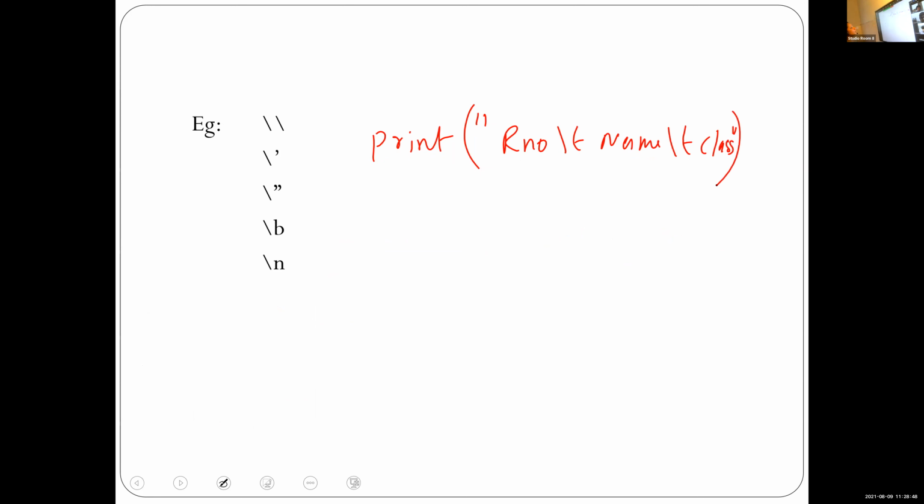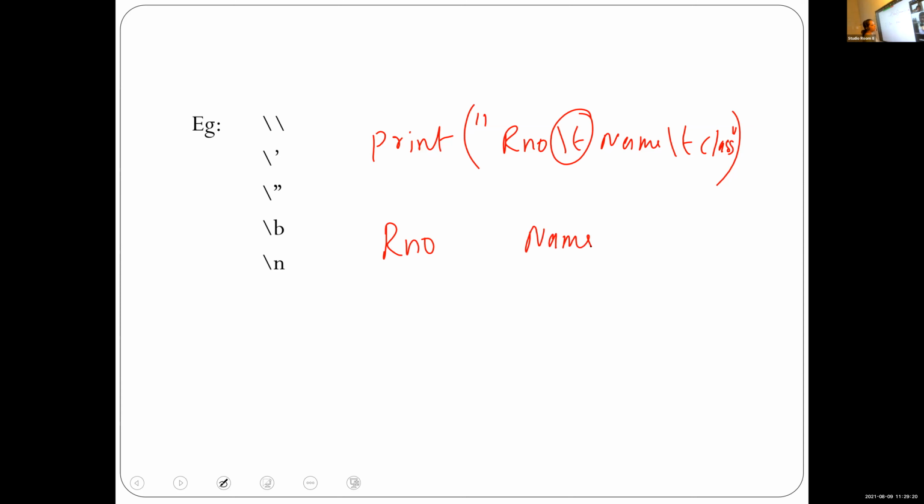This is one example for slash T. If I write a statement like this, print within double quotes RNO slash T name slash T class, the output is: first RNO, after RNO the statement is slash T. What is the meaning of slash T? Tab space. So after RNO, after one tab space, name appears.